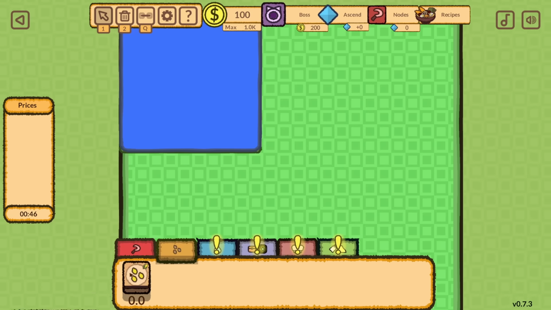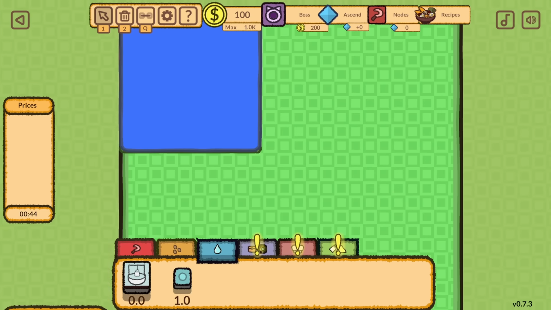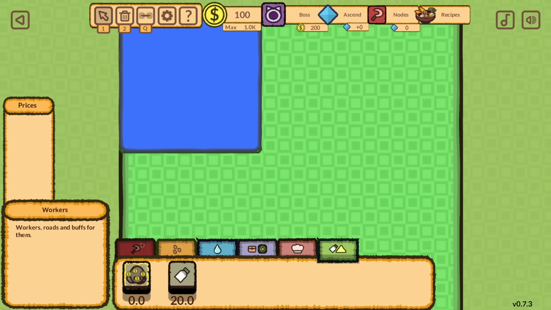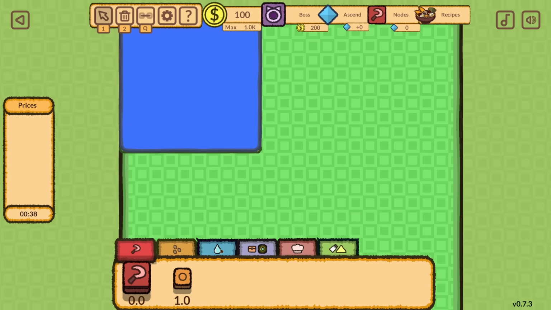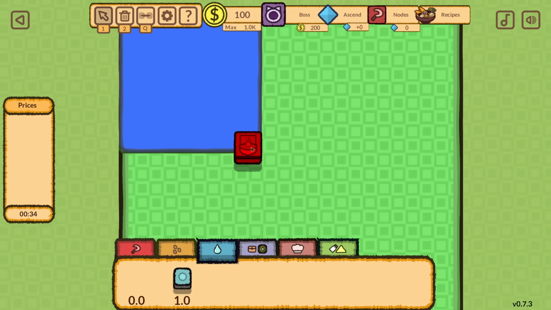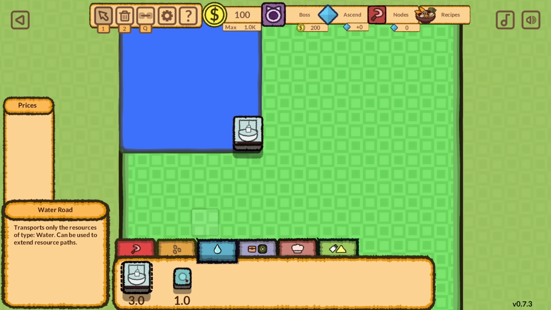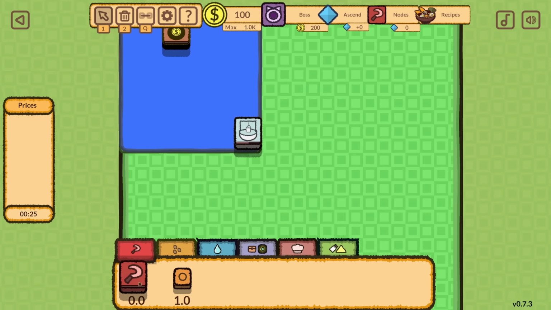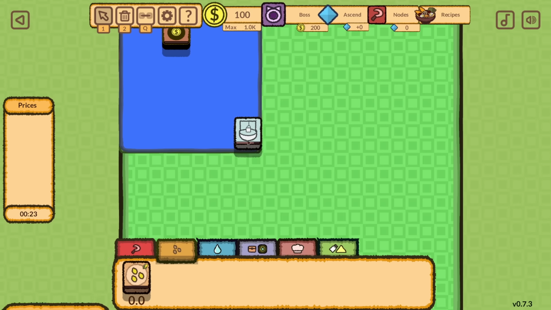So let me just clear out all of these so I don't have a gazillion exclamation marks saying click me, and then we'll figure it out. First and foremost, we want to get a well down. Wells generate resources, water over time. And this is a water road. Transports only resources, water can be used to extend resource paths. So I can use this to go to...